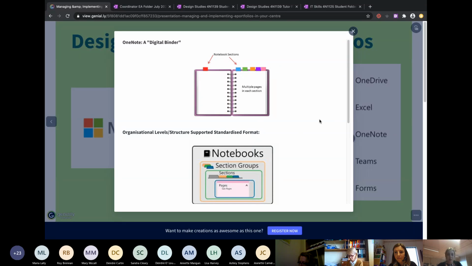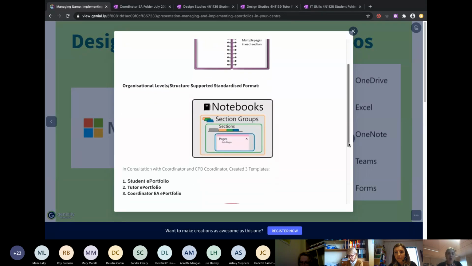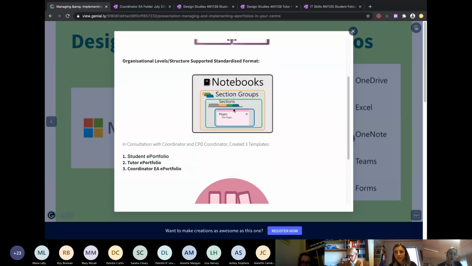In addition to that, and I won't go into the technicalities of it, there are some other levels to how you can organize folders in OneNote. Those levels really support that standardized uniform approach that Trina spoke about, and it really allows all of our portfolios to look very similar and streamlined across our modules. So once we made a decision on OneNote as the home for our portfolios,